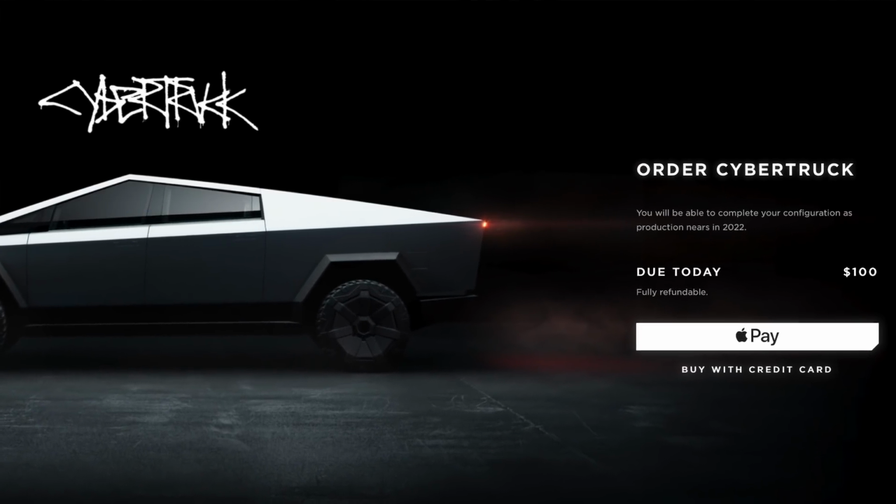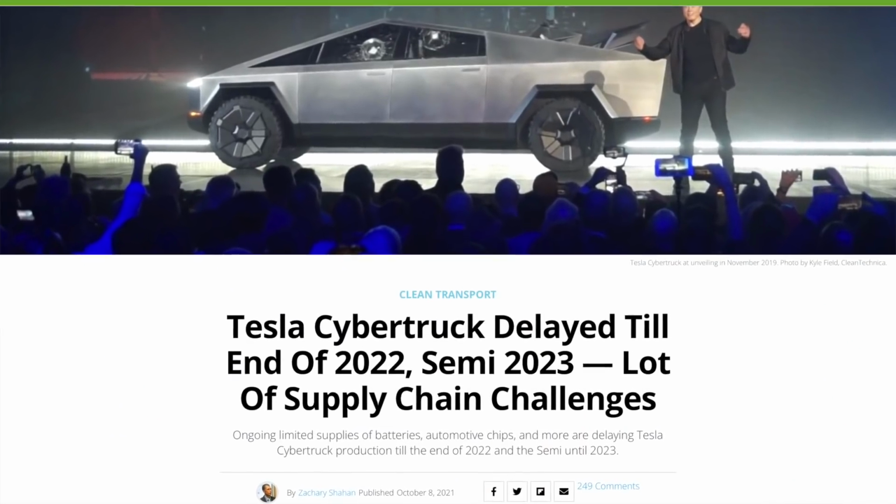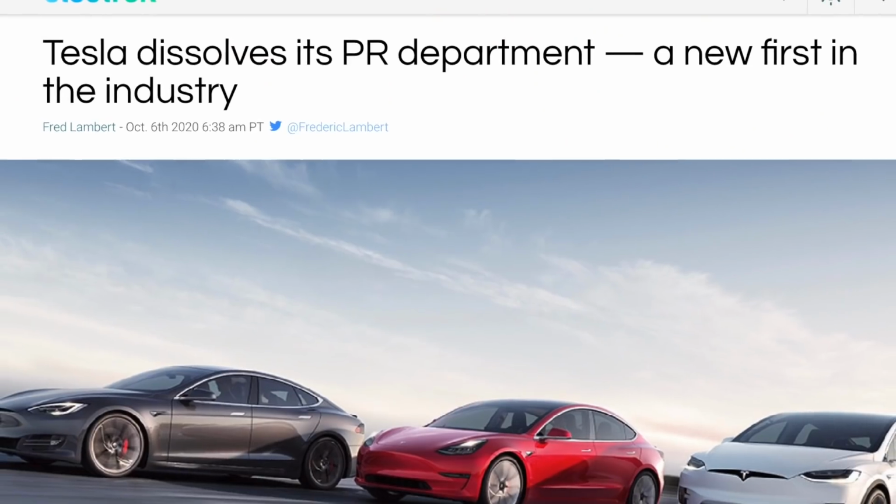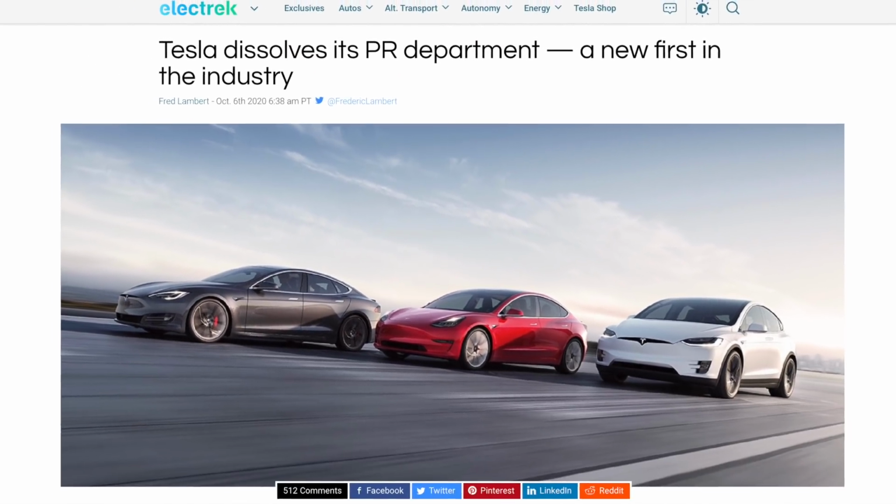Now, given we recently got word that the Cybertruck was officially delayed until the end of 2022, it shouldn't be too surprising that you should expect some changes coming to the truck specs. We also know that Tesla recently deleted its PR department as well and doesn't really answer any requests for information from the media. Unfortunately, this leads to a lot of speculation, and one of those is based on a report